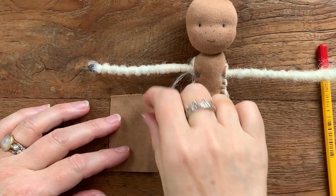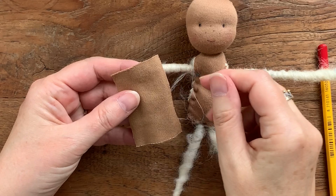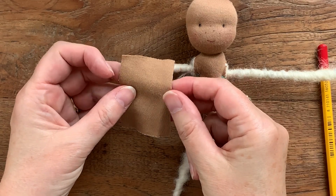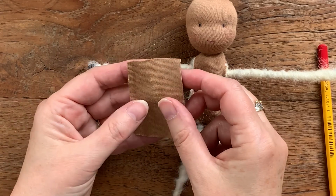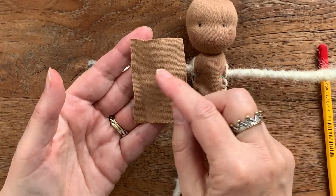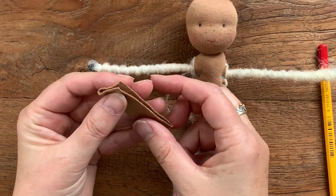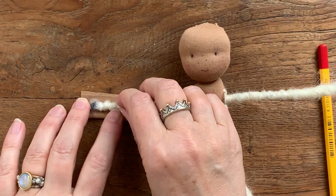So for the hands, you just need a piece of leftover fabric, and make sure that you can stretch it this way, and then see what side you want to be on the outside, because, well, I can see a little more fluff on this side, so I want that to be on the inside ultimately. So I'm going to fold it over like this. And then if you put your doll on here,